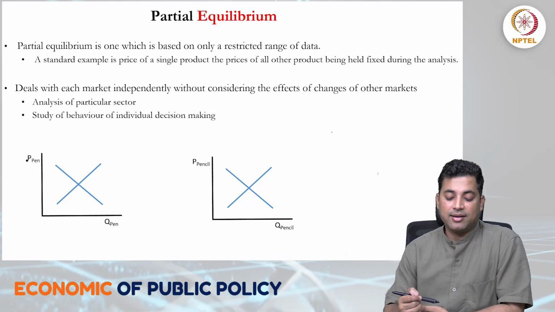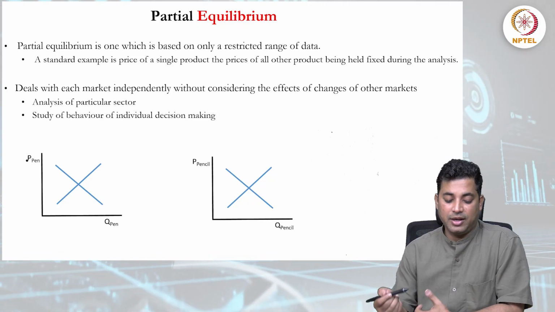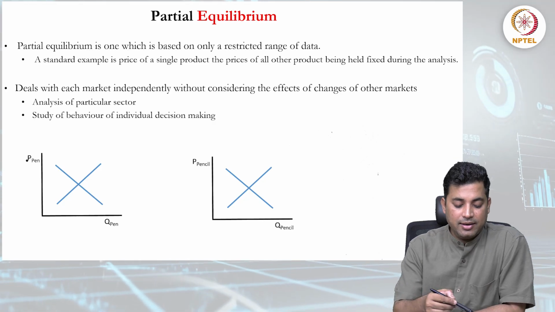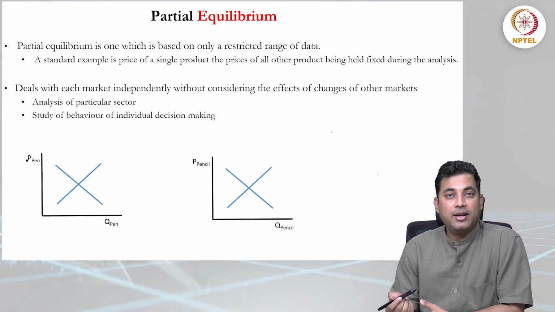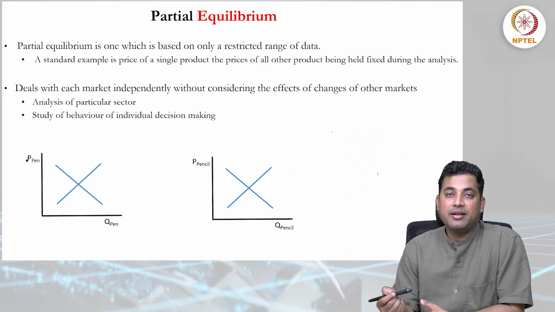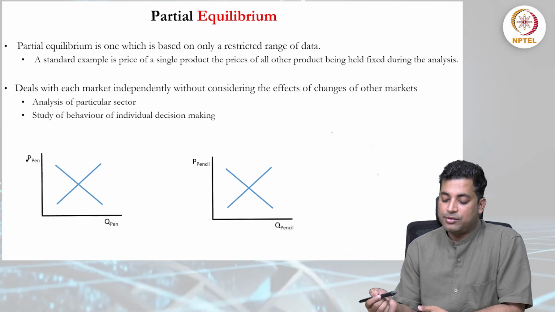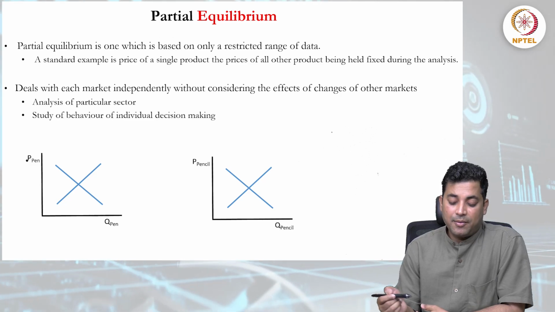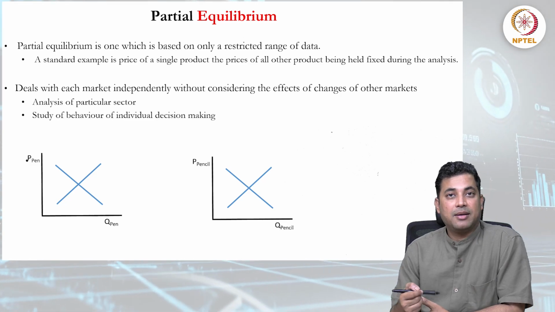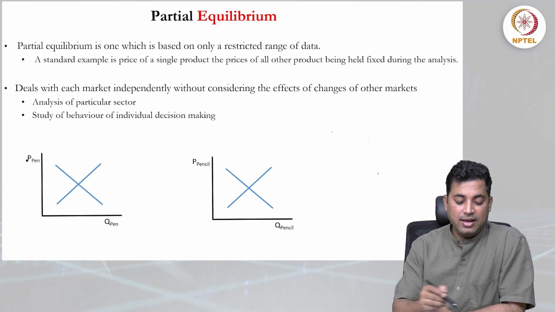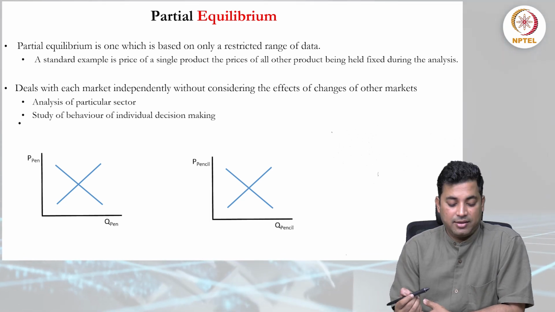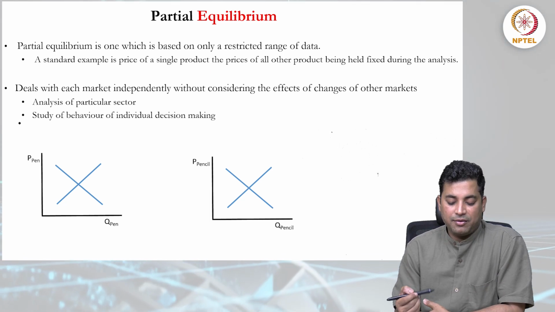It deals with each market independently without considering the effects of changes in other markets, and that will be considered partial equilibrium analysis, like analysis of a particular sector or study of the behavior of individual